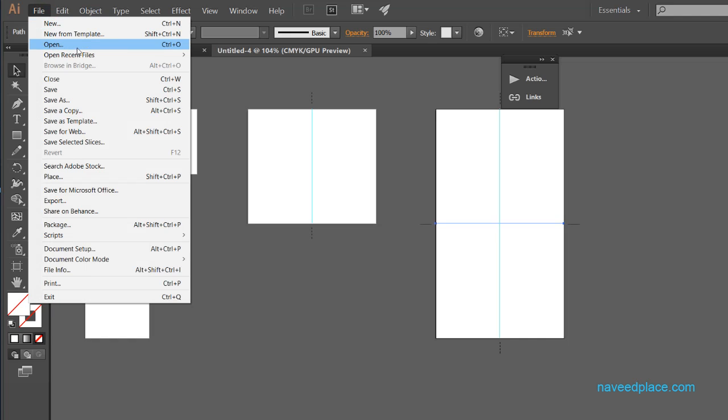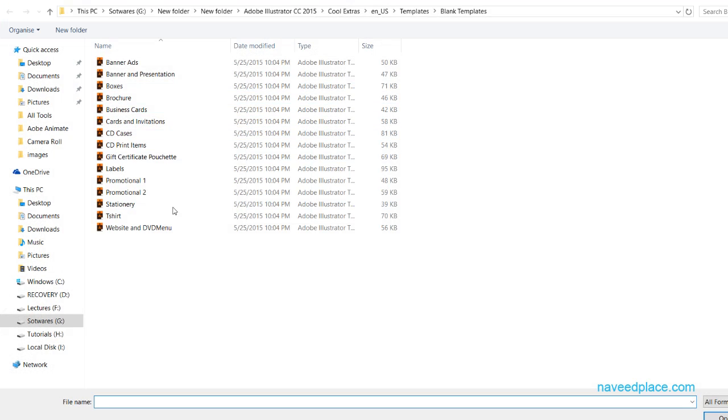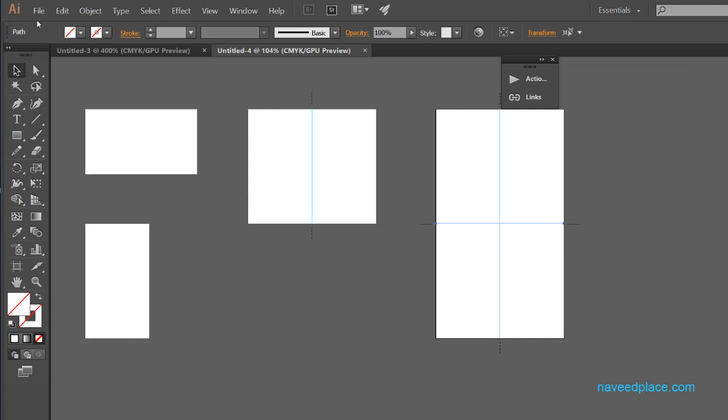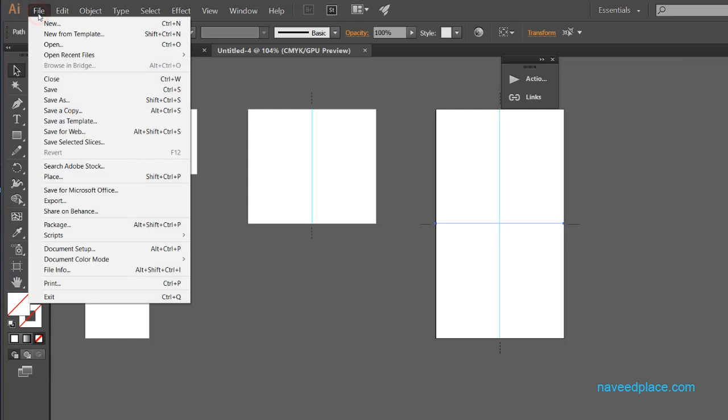Then what do we have next? We have Open. Let's suppose yesterday you were working and you saved your document. Now today if you want to open your work and continue, how can you do it? If you click on New, definitely you have to start from the beginning. But if you want to continue your work, you simply click on Open, and it asks where your document is. After this, simply click on OK, and your document will open for you, and you will be able to continue your work.